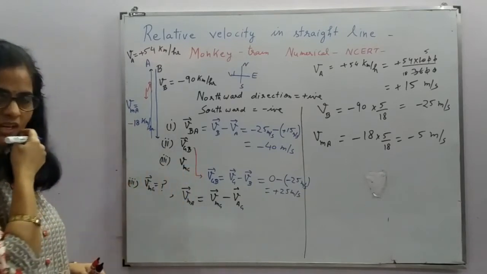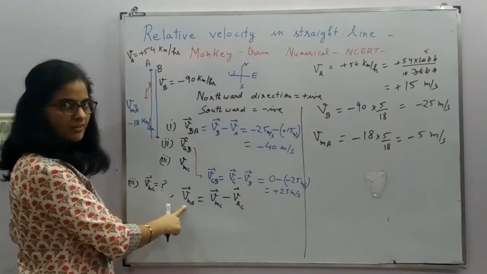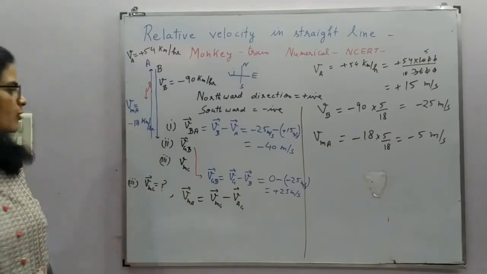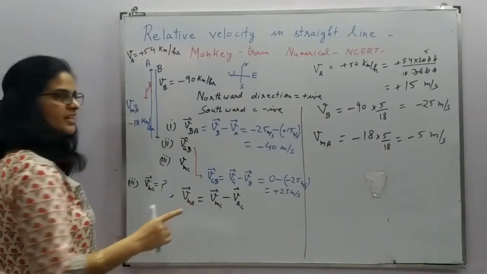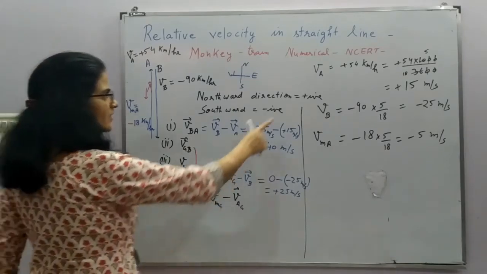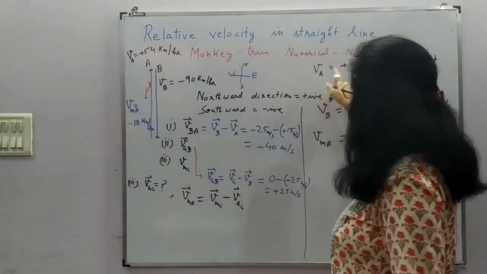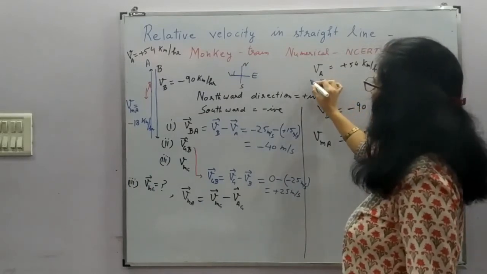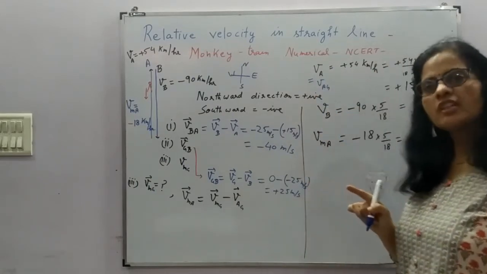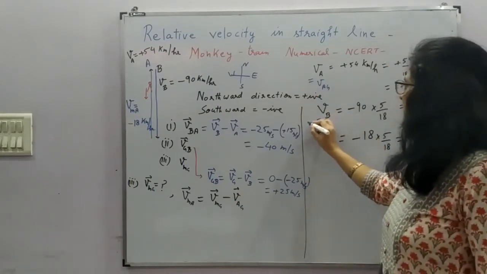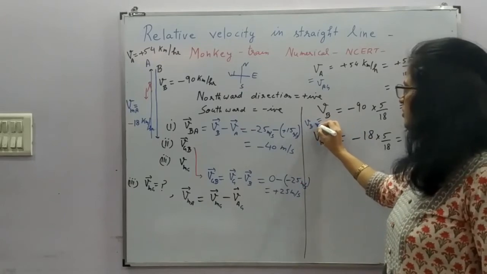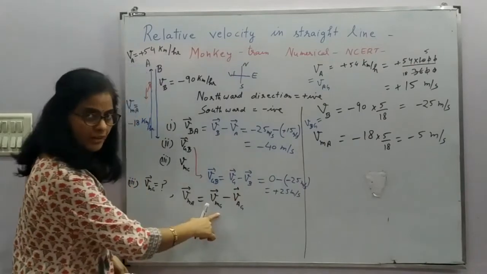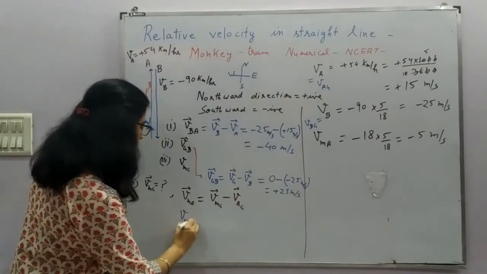So this is a trick over here. Here we were given the velocity of monkey with respect to train A. So this is not velocity of monkey with respect to ground. We have to find the velocity of monkey with respect to ground. So if nothing is given, that means this is automatically velocity of A with respect to ground, because nothing is given with respect to which the velocity of train A is given. So this can also be said: velocity of B is given, that means velocity of B with respect to ground is given. Now we have to find out velocity of monkey with respect to ground.